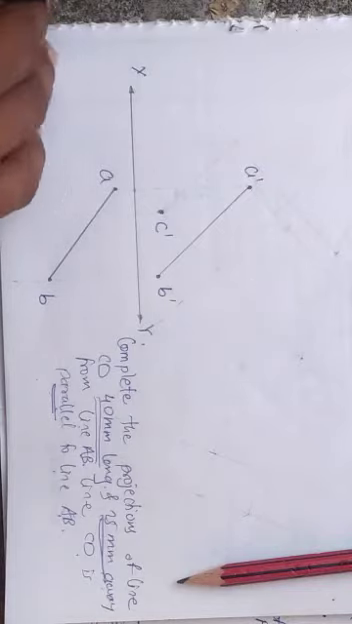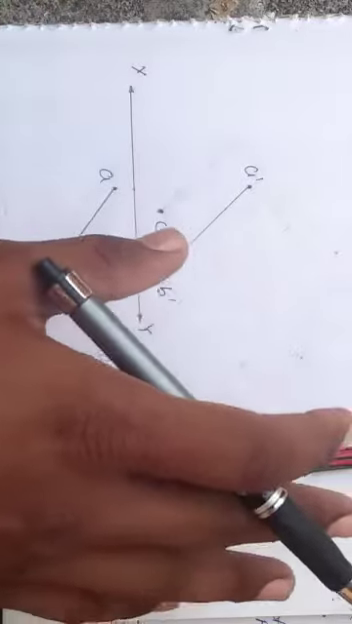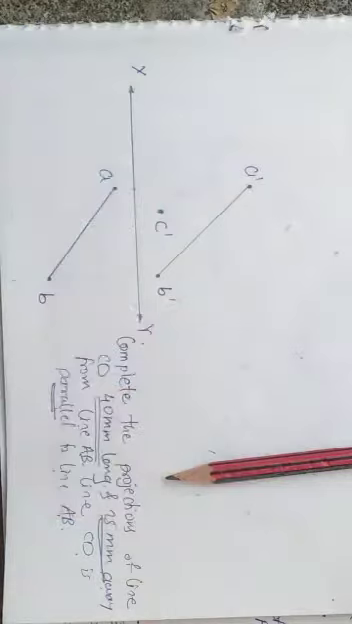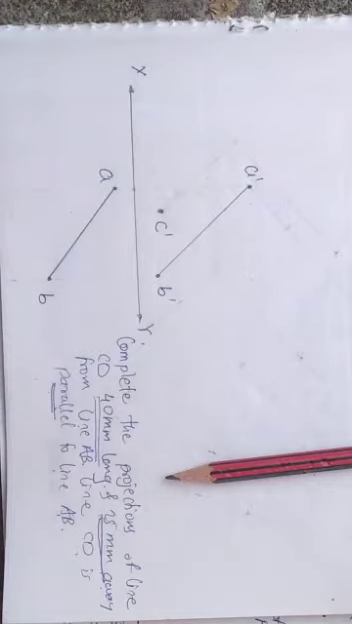If you see the difference from the previous problem, we were not given the shortest distance between the lines, but we were asked to find it. But here in this problem we have been given the shortest distance. So let us first,